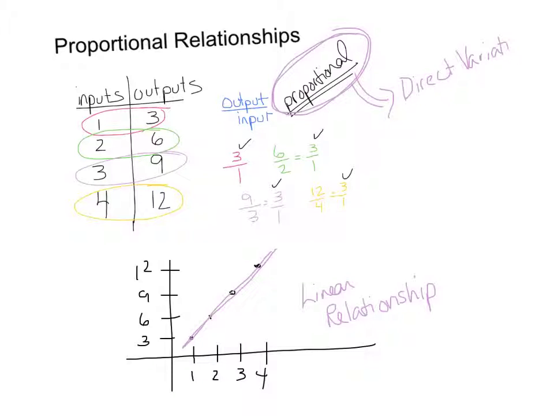Okay. What this is also called, what you'll also see it called, is something called direct variation. Okay. It varies directly because I always have that same output to input relationship. Look at one which is not proportional. Okay. I use X and Y a lot of times, but if I begin looking at input versus output,